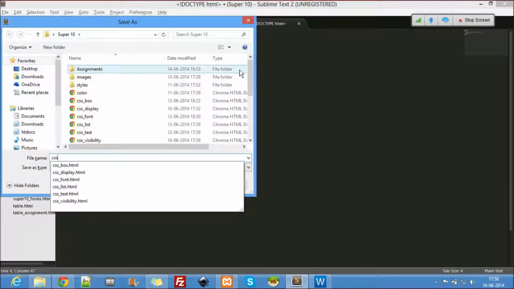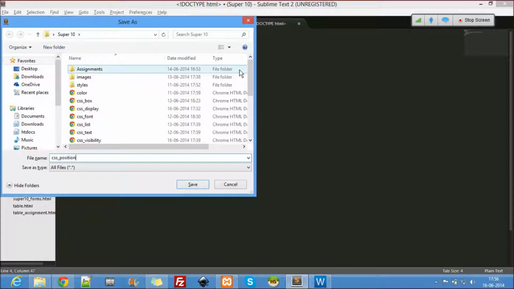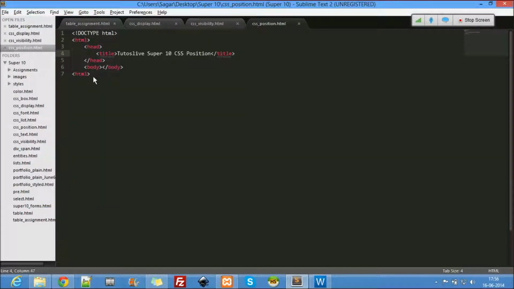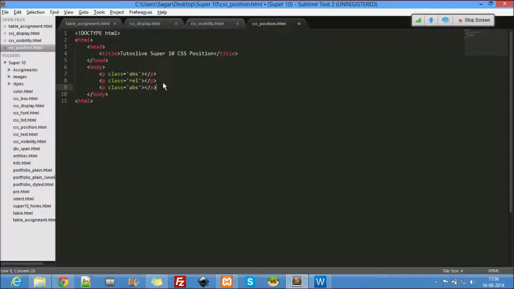So I call it CSS underscore position dot HTML. And coming to the body here, let's use again the paragraphs here. Class is equal to, I'll say absolute, ABS for absolute. REL for relative. And FIX for fixed.